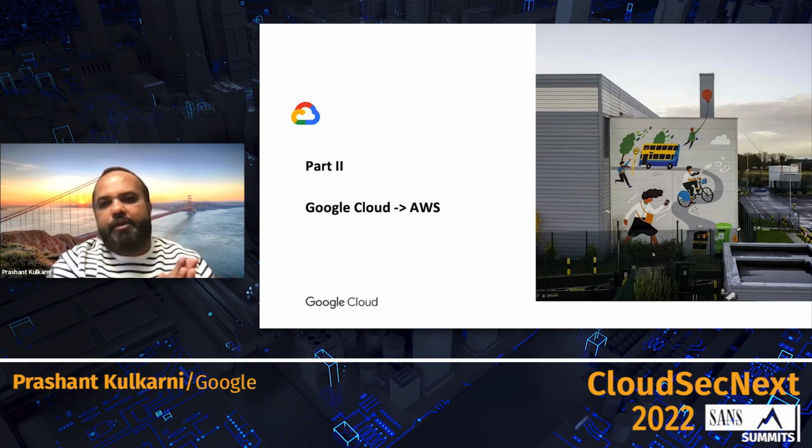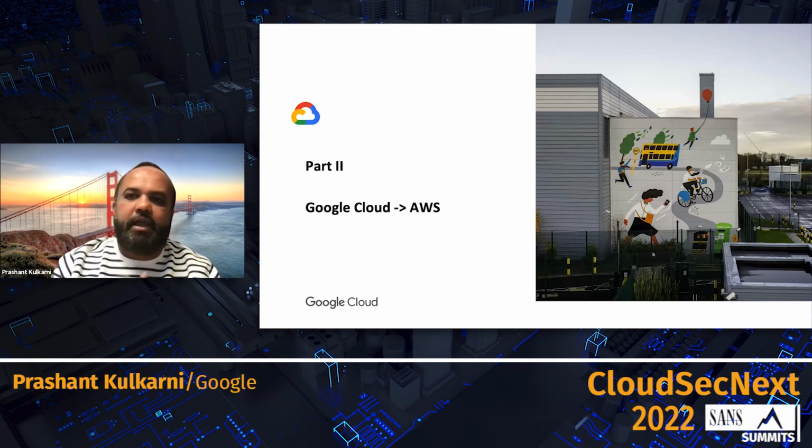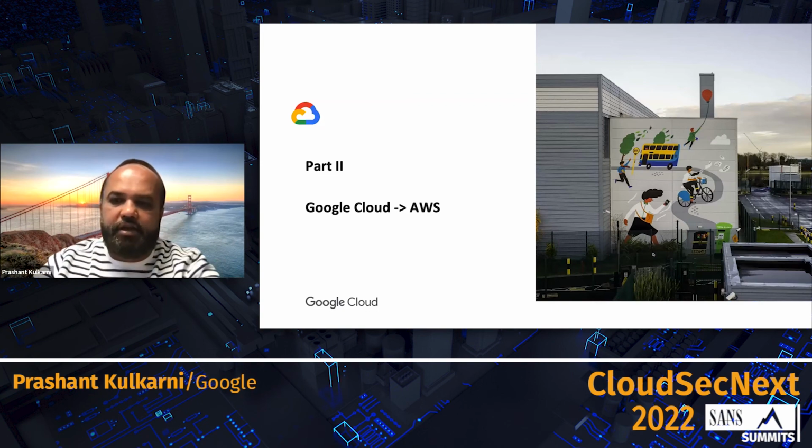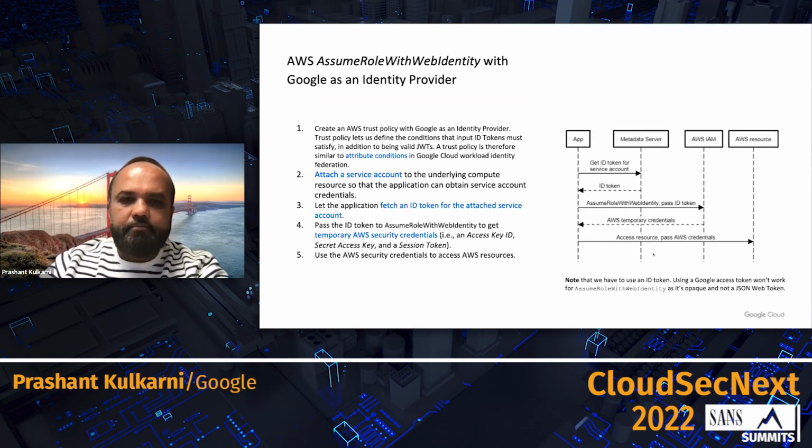So this is the part we have seen, where you can access a Google Cloud API or a workload API from outside of Google Cloud. And as I mentioned before, the opposite is also true. You can actually call AWS APIs from Google Cloud, and we'll quickly see how you can do that. Typically, this uses an API called AssumeRoleWithWebIdentity, with Google as an identity provider. So the way you do it, you configure